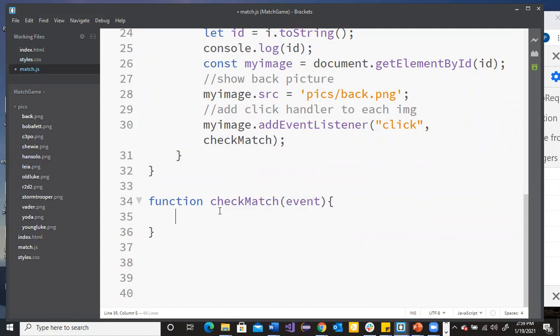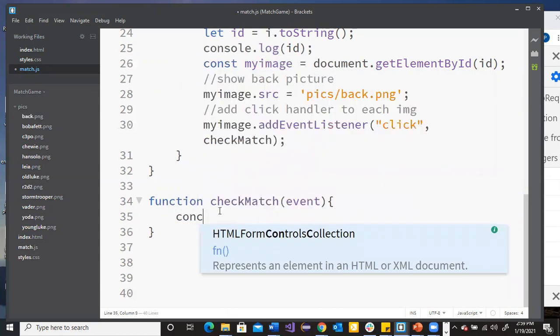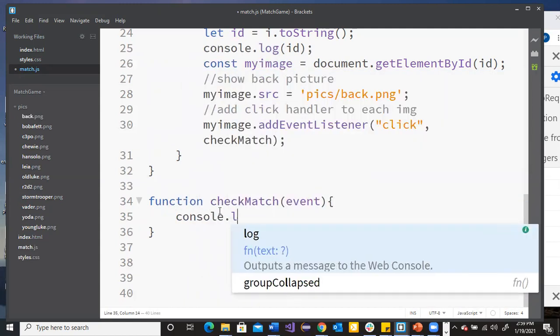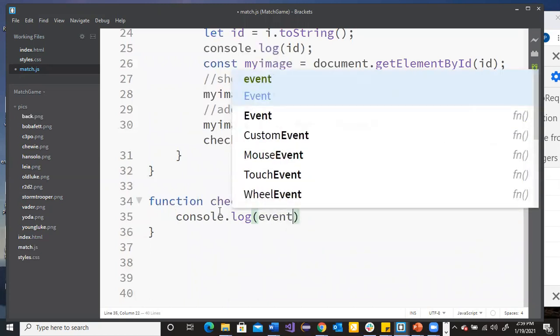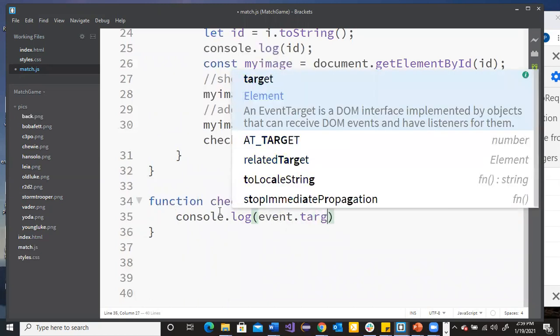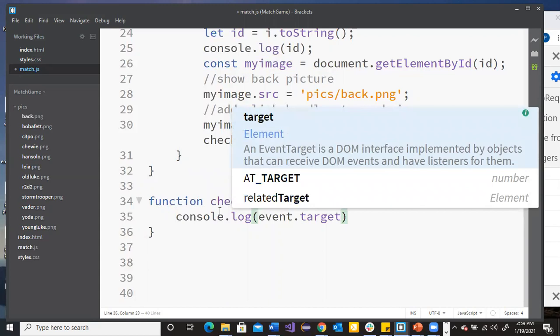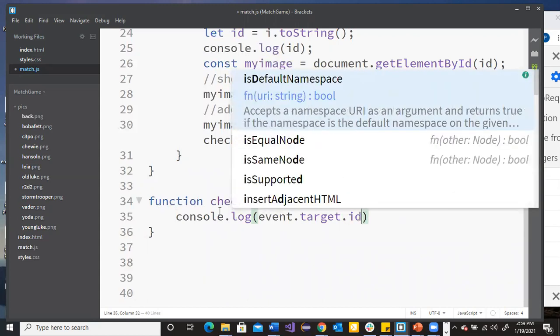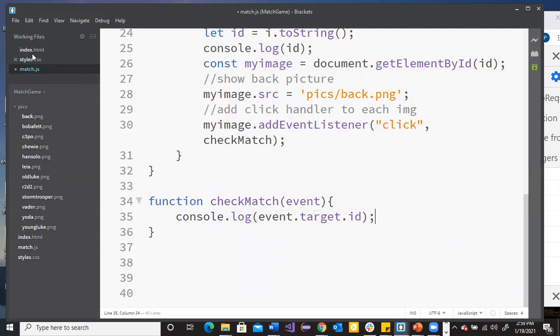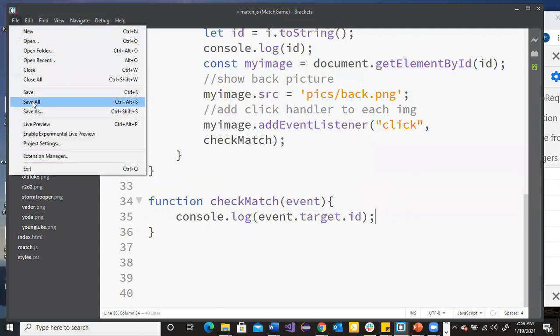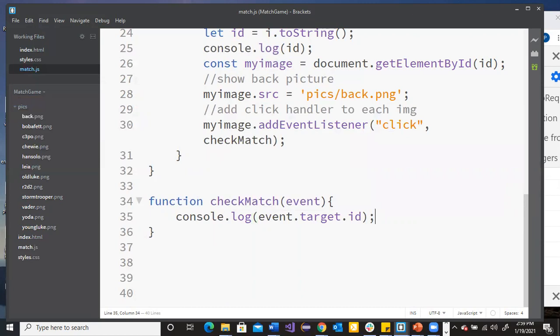And what we can do to see this, we can console log event.target, that's the actual element, .id. And we should be able to see then which one has been clicked. So let's save all,